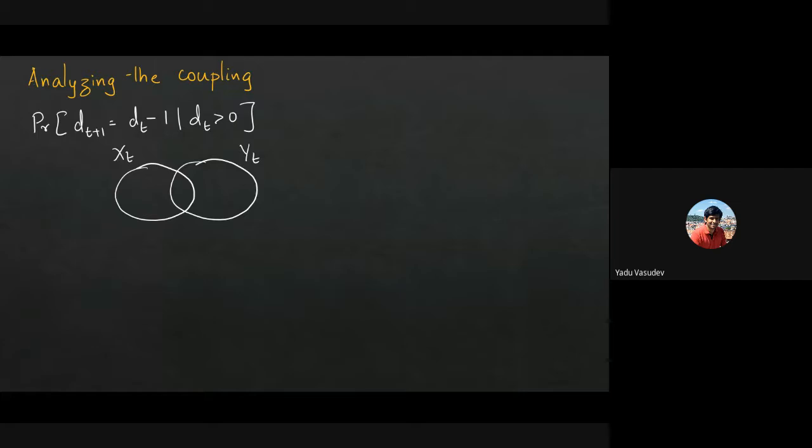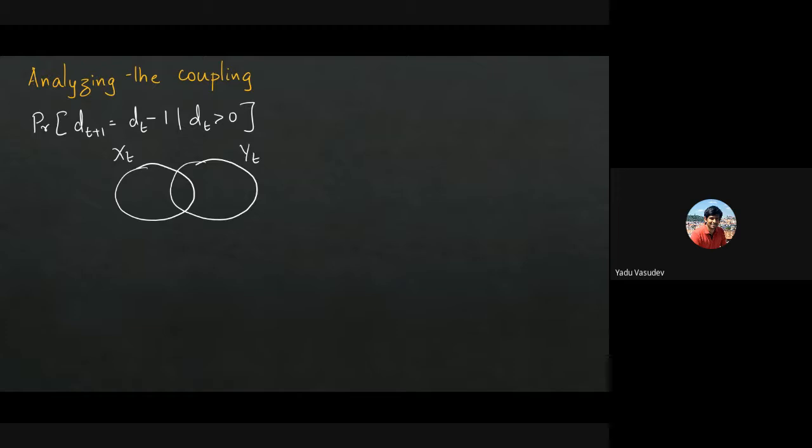Yeah. So in the last class, we were looking at this coupling for counting independent sets of size k, right? And what we said was that we defined this coupling. You start with two independent sets Xt and Yt, and now you have two copies. The coupling says that there are these two copies that are progressing, and you want to know when is it that the intersection will be equal to both the sets, or when is it that the difference contracts.